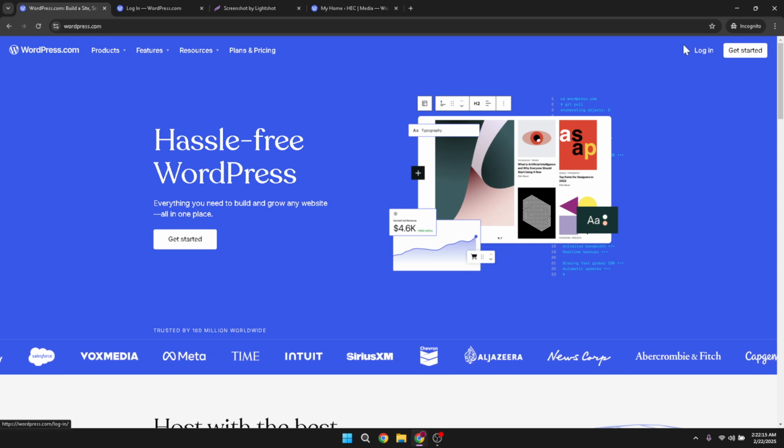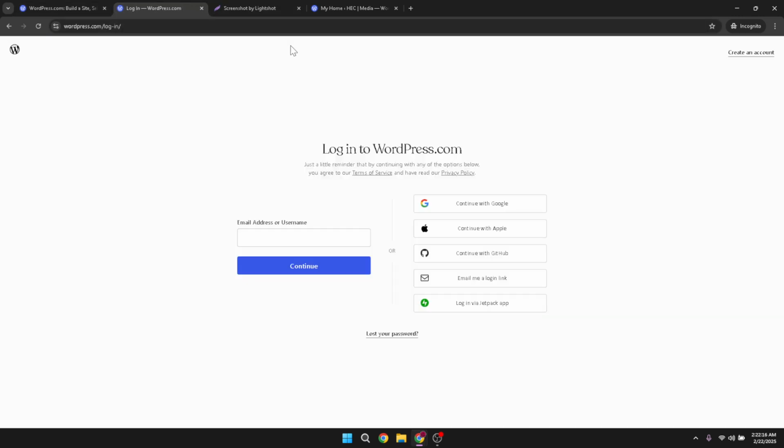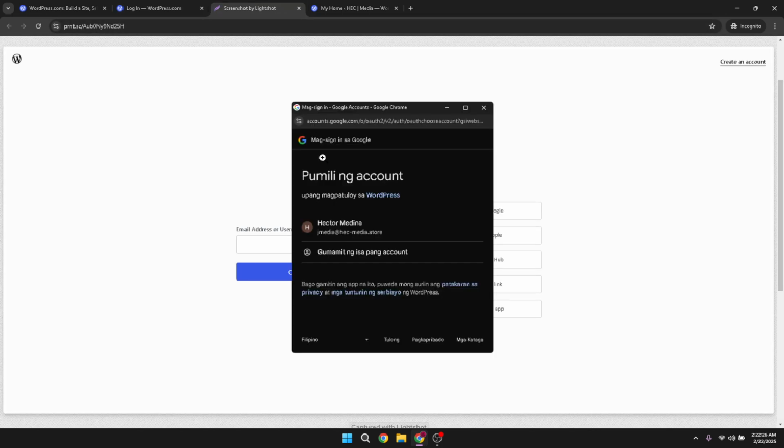After you click login, you'll be presented with a few options to sign in. For ease and speed, you can simply click on the continue with Google button. This option is especially convenient since it lets you log in using your Gmail account credentials, making the process smooth and secure. Now, if you have multiple Google accounts, you'll see a list of these accounts. This is where you'll choose the Google account that's associated with your WordPress site, so make sure you pick the right one to proceed seamlessly.